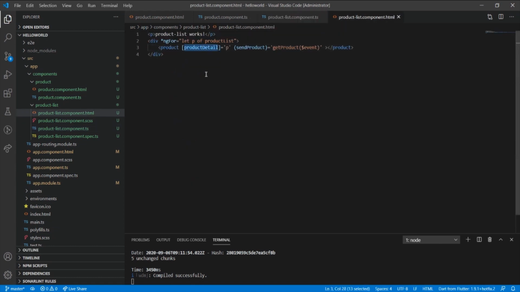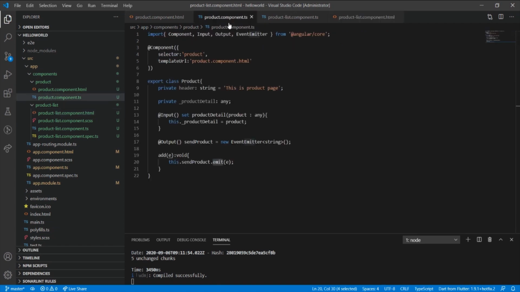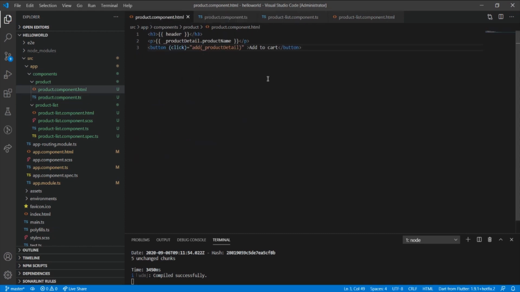Here, this is the property name of this product component, and this is one of the objects of the product list. And how we are getting this detail or the object in the product component? Through this input, and we are straight away using this variable which has assigned this product in the product view. So this is the component communication between parent and child, where the child can also send the data to the parent and the parent can also send the data to the child.